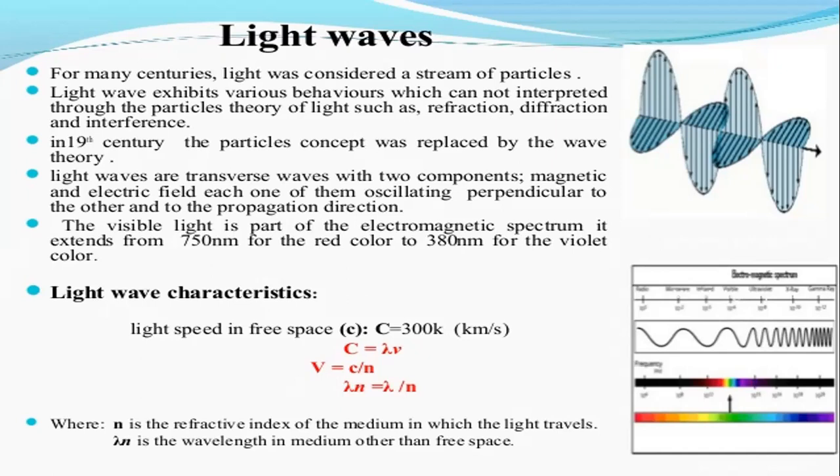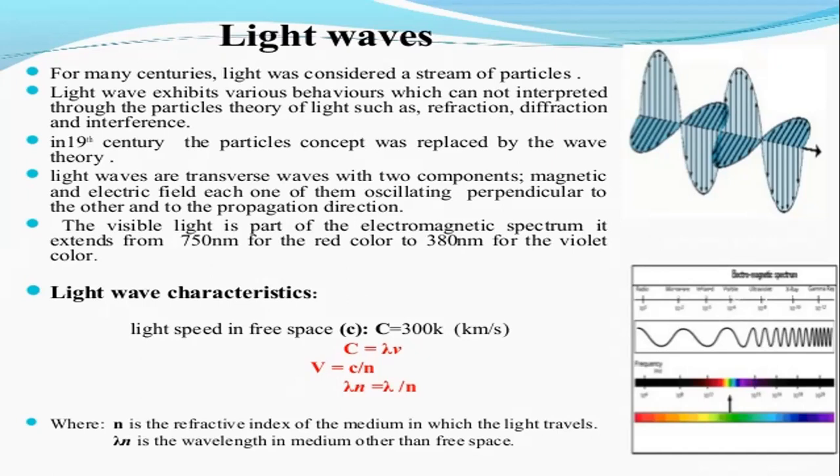So this has been somewhat replaced by the wave theory, and the light waves are transverse waves with two components, that is the magnetic and electric field, each one of them oscillating perpendicular to the other and to the propagation direction. So generally these light waves include two basic components, that is the magnetic field and the electric field. So each one is oscillating perpendicular to the